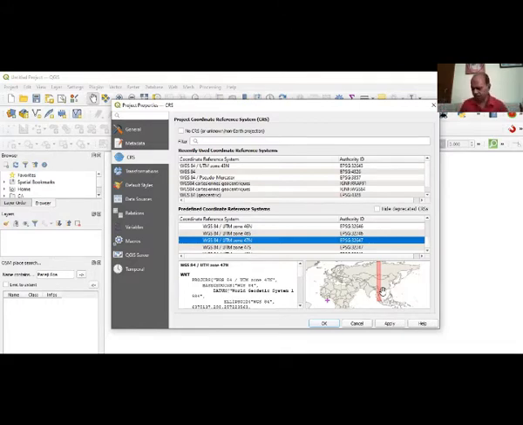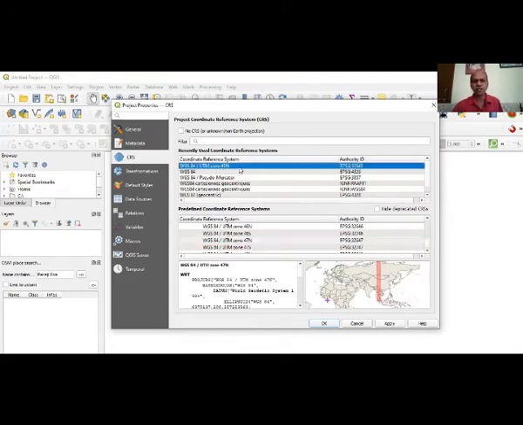Depending on which part of India you are in, you have to note down that WGS84 UTM zone 47 north will be useful if you are going for extracting data and for any kind of measurements with the help of your vector data. That is the basic objective. And since the area I am going to give you is from 43 north, I will admit it and say apply, okay.